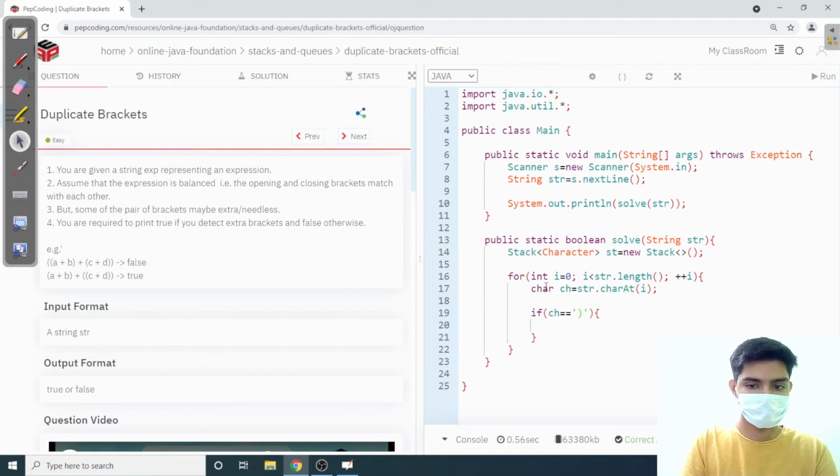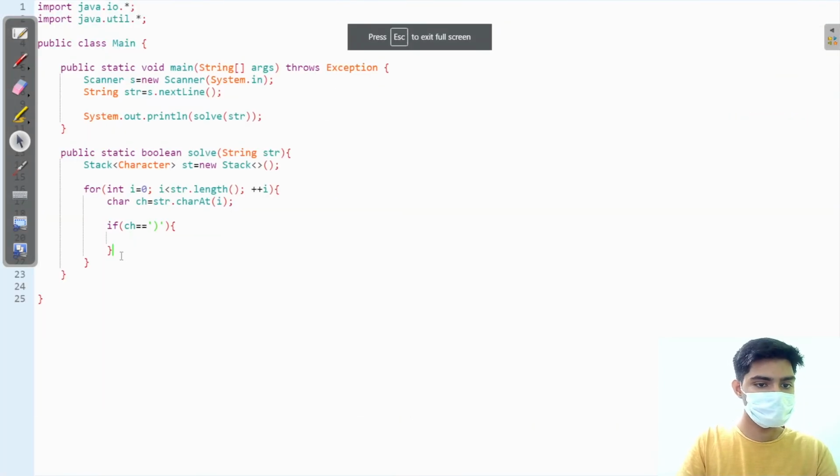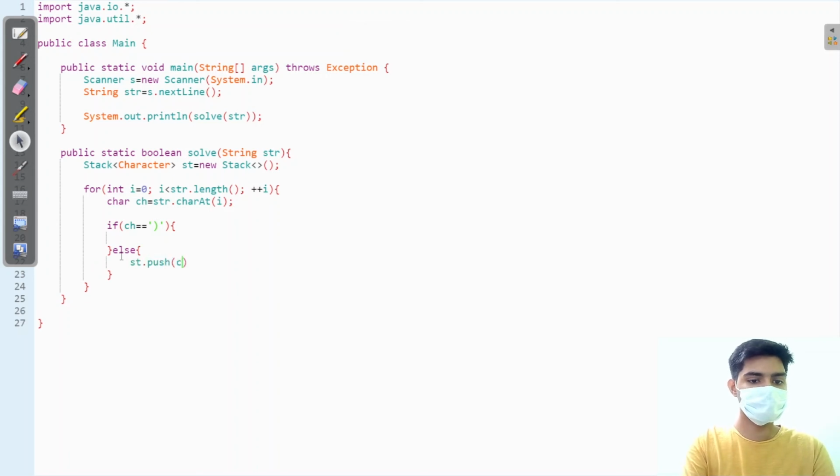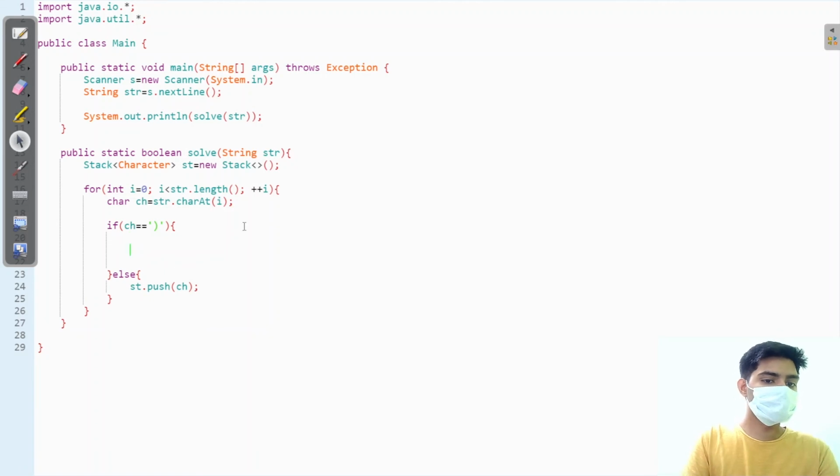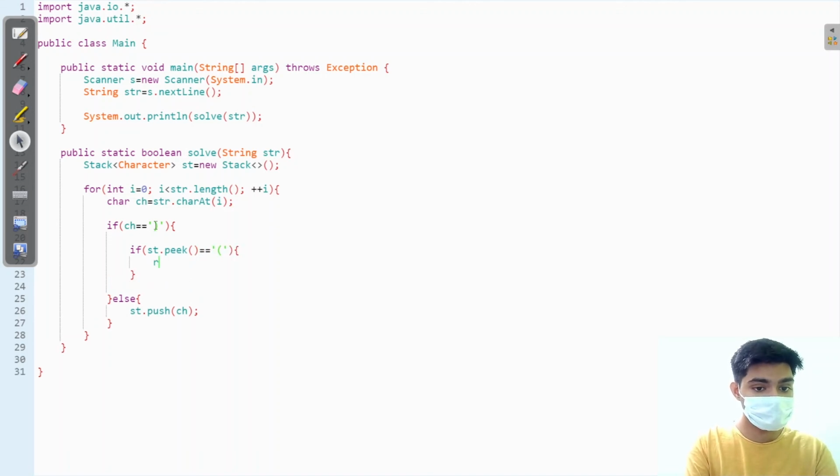If it is equal to a closing bracket, I'm going to do some work. Else, I have to just push my character, right? So if it is equal to a closing bracket, first thing I have to do is check if the top of the stack, or st.peek, is equal to an opening bracket or not. If this is true, then I'm just going to return true.